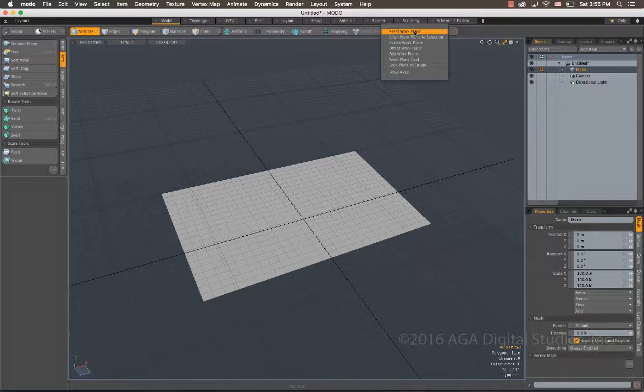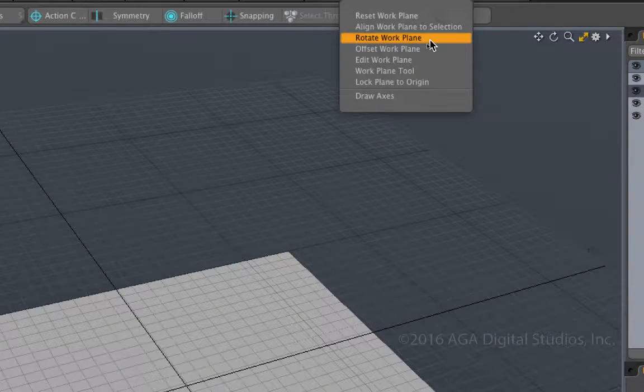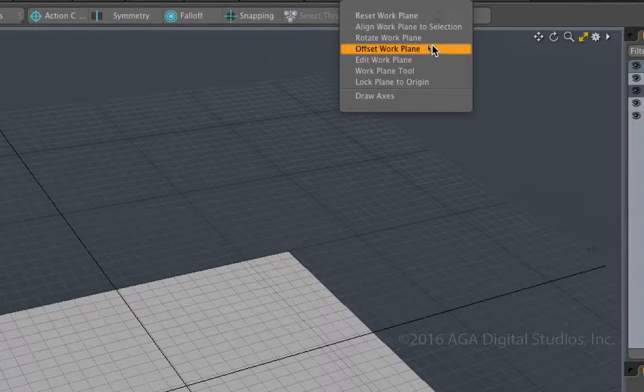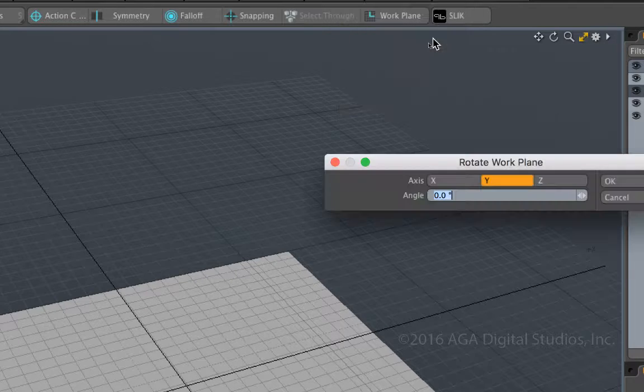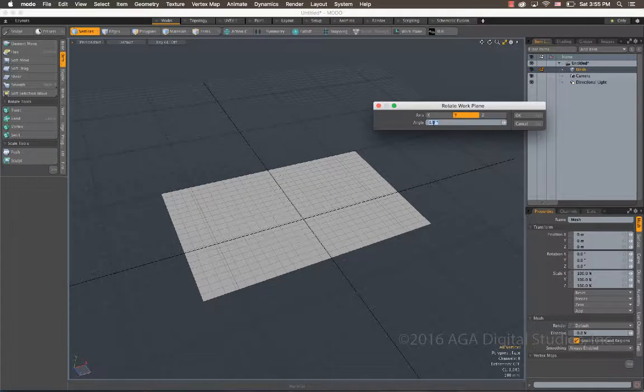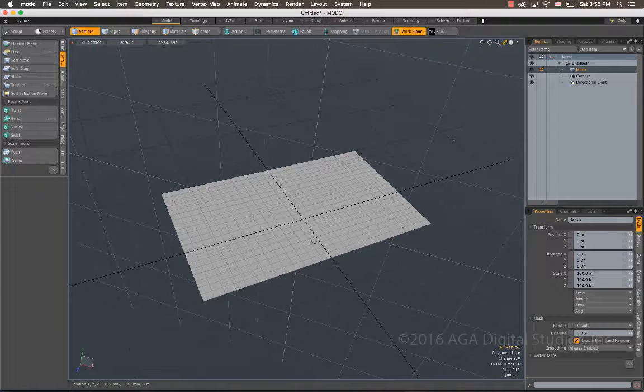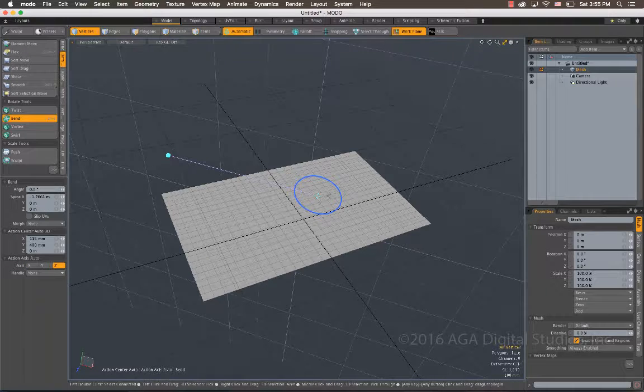I want to go to work plane, and then here, if you look closely, you can choose rotate work plane. You can also offset and edit it as well, but we're going to choose rotate. Okay, and with that rotate, we're going to go 45 degrees on the Y axis. All right. Then when I come down to form and I choose bend, and I click, notice that my angle is 45 degrees. Even though the bend is still XYZ, it's actually facing in the direction I want for my